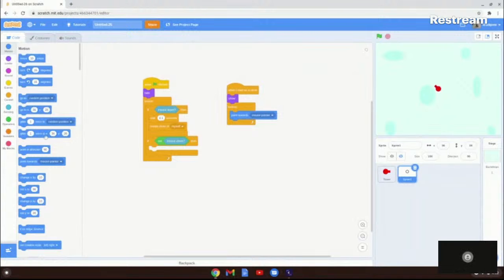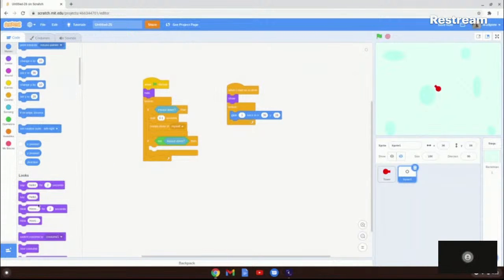Okay, instead of the point towards mouse pointer, we'll do the glide 1 second, and then these coordinates will show